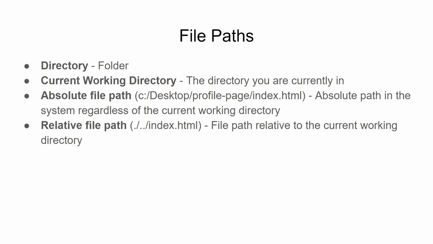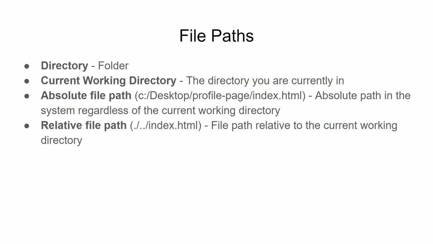Now coming over to file paths. File paths are basically the address to a certain file. Okay, the file path is also an alternate name to file location or file address. File path is just a way to figure out where a particular file is. So before we look at file paths, there are a couple of terms that you need to understand. One is the directory, and another is the current working directory.